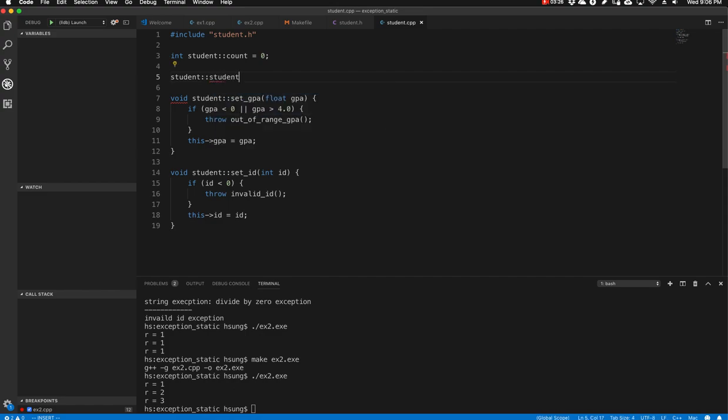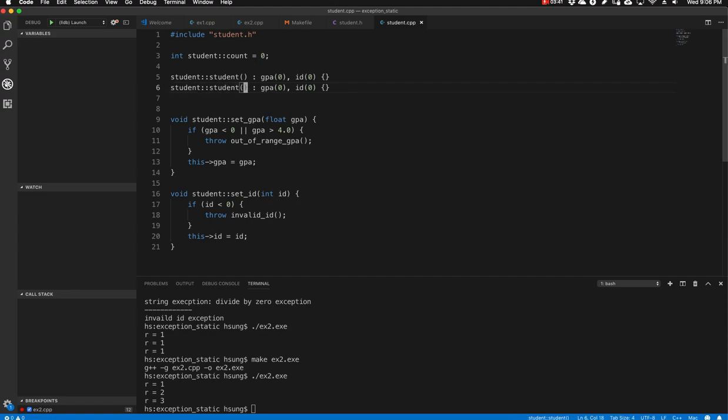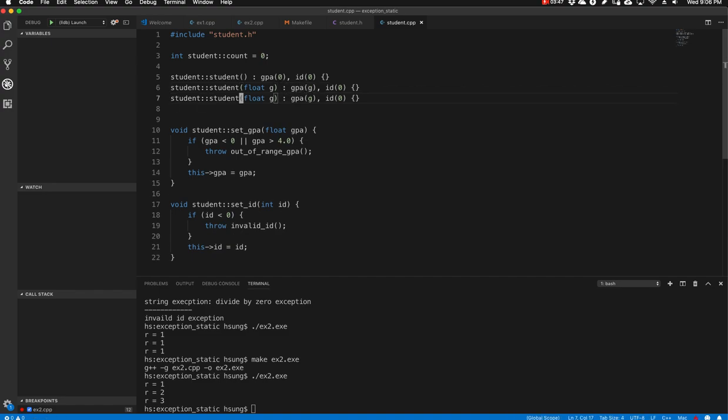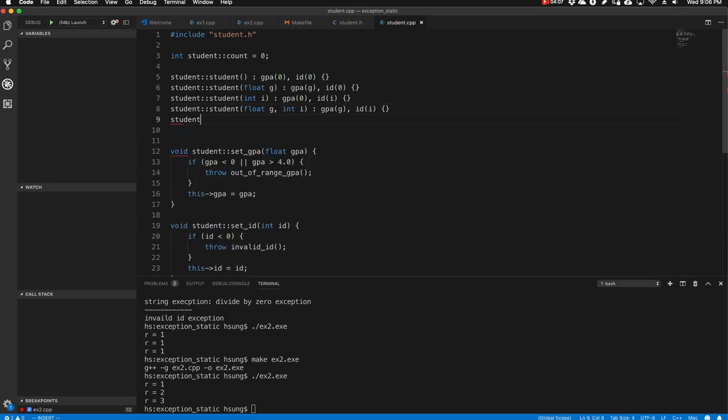So here in the Student class implementation, we could give a constructor. The default one is GPA 0, ID 0. Then another one is GPA only, then GPA is assigned. Another one is ID only, then GPA is 0, ID is i. Another one is with both GPA and ID, then we assign GPA and ID accordingly. And the destructor is